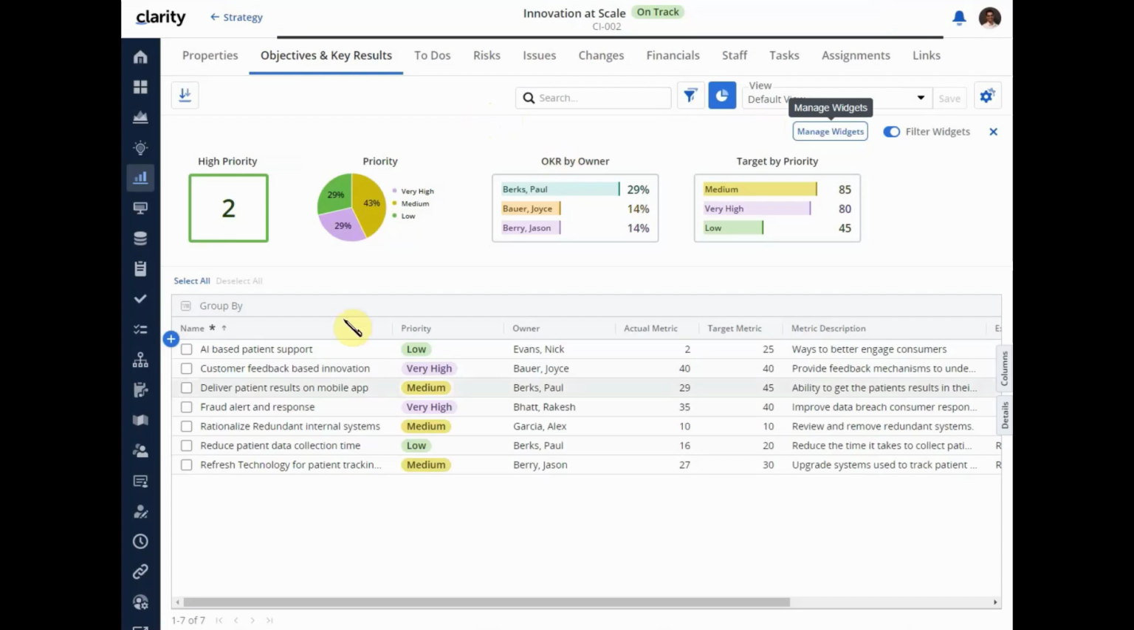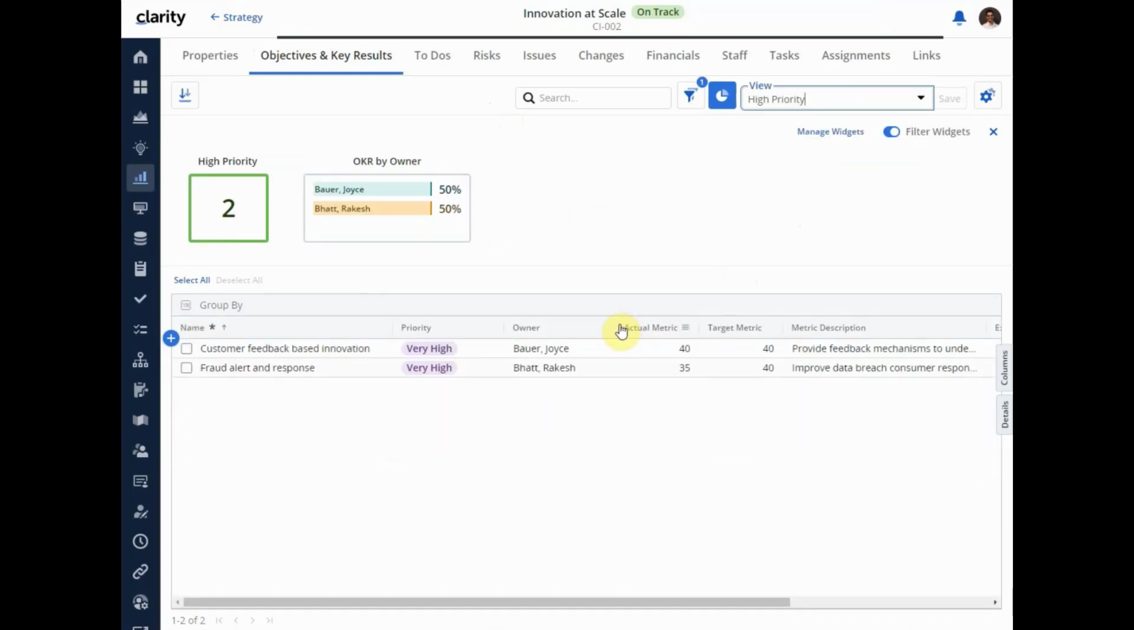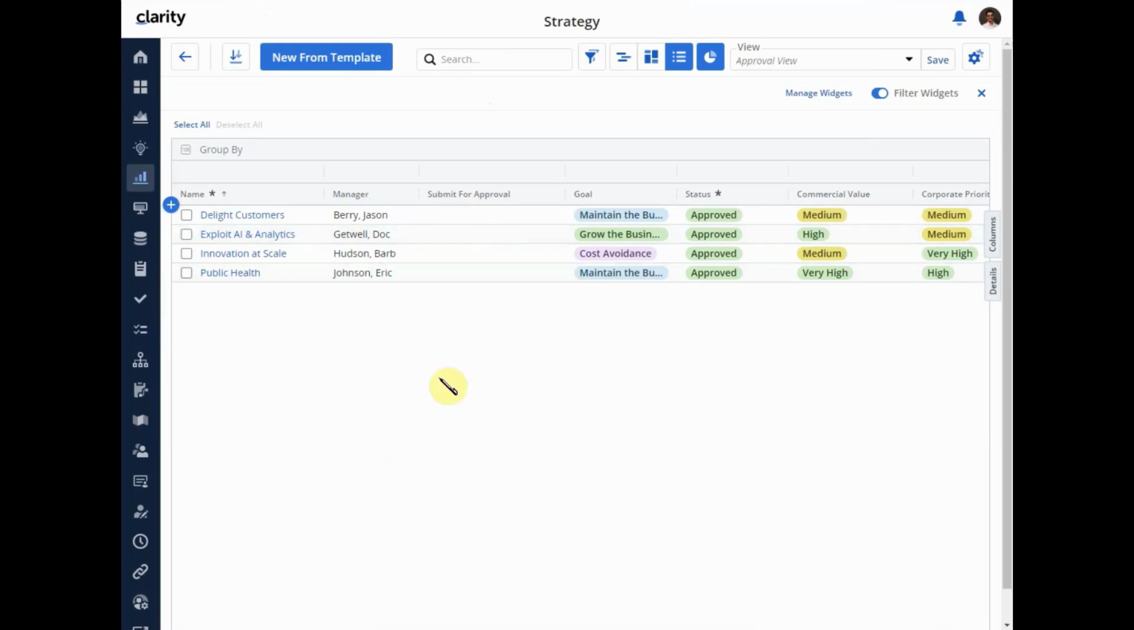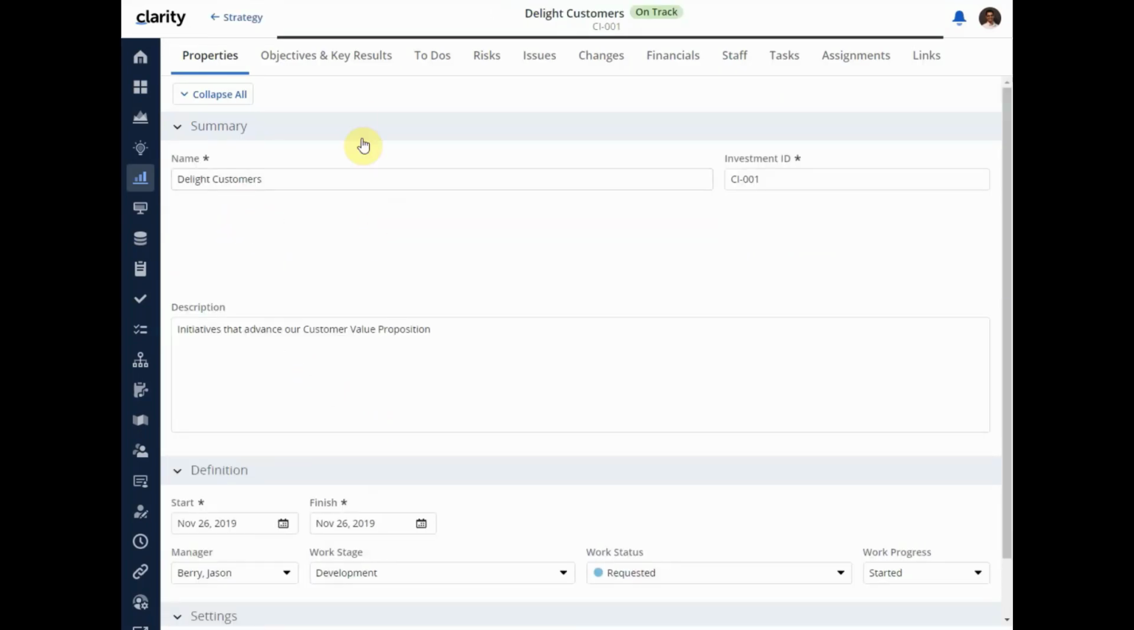So in this case, I have all my different widgets. I can see the high priority items, the objectives and key results that I have. And if I now navigate to another investment, in which case I'm going to see the delight of customers, and go back into the objectives and key results,